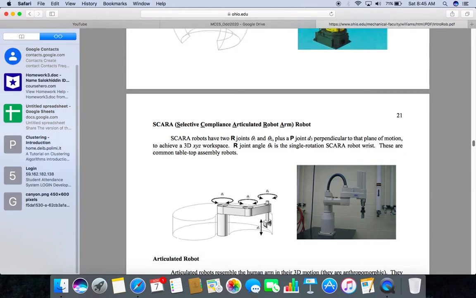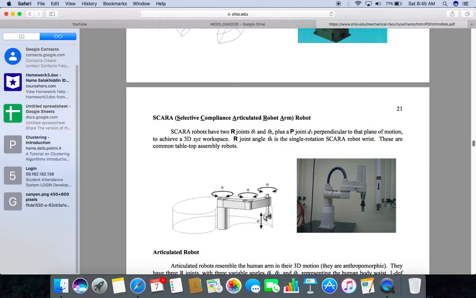SCARA, Selective Compliance Articulated Robot Arm, robot. SCARA robots have two R joints theta 1 and theta 2 plus a P joint D3 perpendicular to that plane of motion to achieve a 3D XYZ workspace. R joint angle theta 4 is the single rotation SCARA robot wrist. These are common tabletop assembly robots. The figure shows